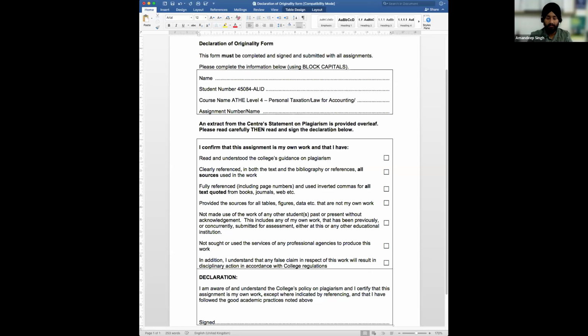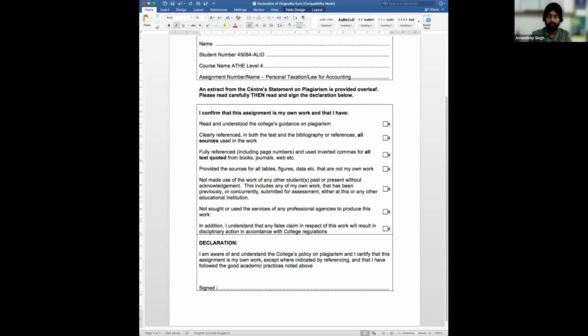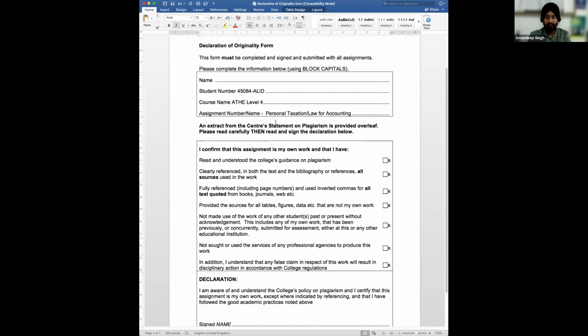And then assignment number or name, here you can simply write it down. So this bit will come here, and here you will just simply write ATHE level 4. Now you will tick mark all the boxes. No worries if in case you're not able to tick mark, you can also put a cross in front of them, and that will be sufficient. Sign. So if you have a scanned copy of your signatures, that's brilliant. If not, not to worry. You can just select this italic font and just write down your name here, and that will be sufficient.